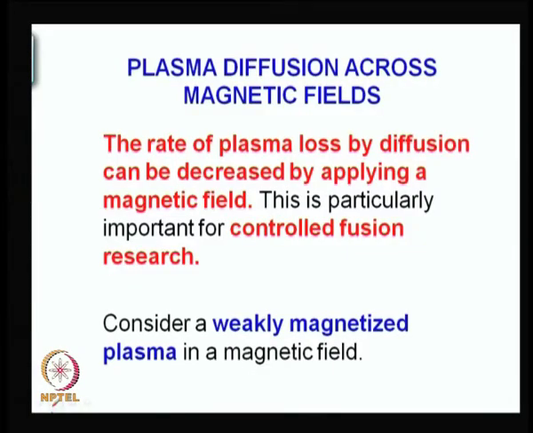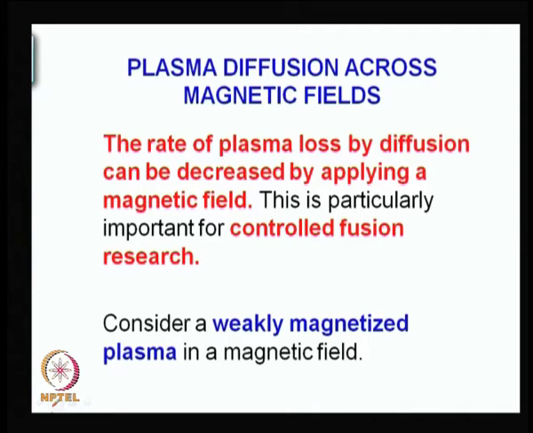Today we are going to take up weakly ionized plasma once again, but now it is a magnetized plasma. And if you remember, last time we had not discussed fully ionized plasmas. This time we will also take up fully ionized magnetized plasmas and describe the effect of Coulomb collisions and find an expression for the diffusion coefficient, which we have already defined in the last lecture. So, we will study plasma diffusion across magnetic fields.